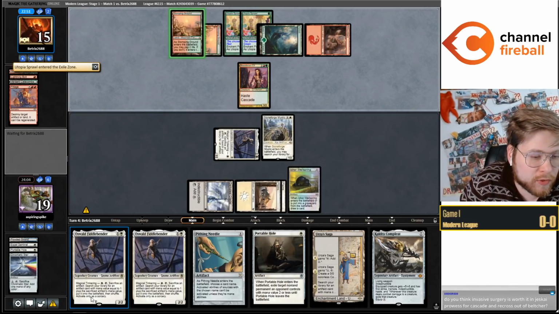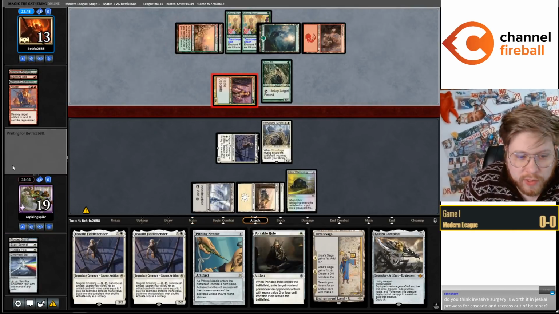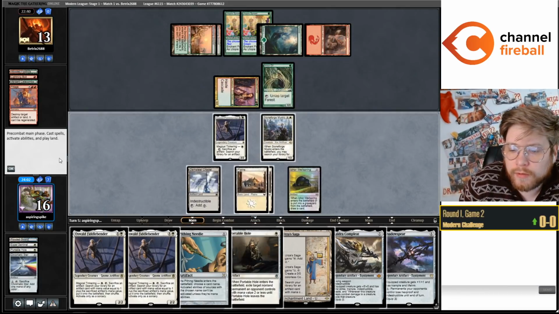I think Invasive Surgery is worth it at Jeskai Prowess for cascading recross out of Belcher. I would probably play Flusterstorm instead, but Invasive Surgery is probably a good budget option. You can also consider Spell Pierce. Alright, so...